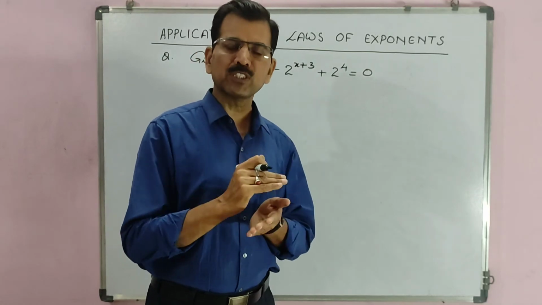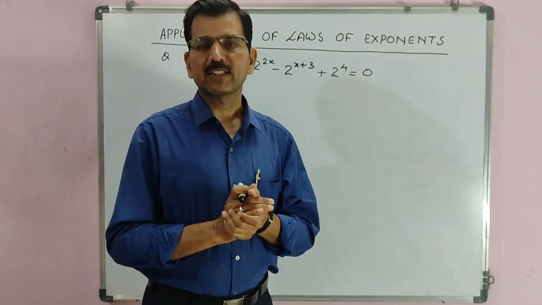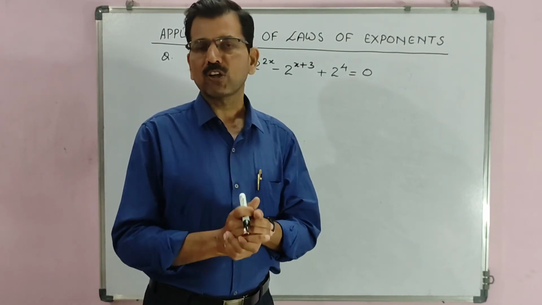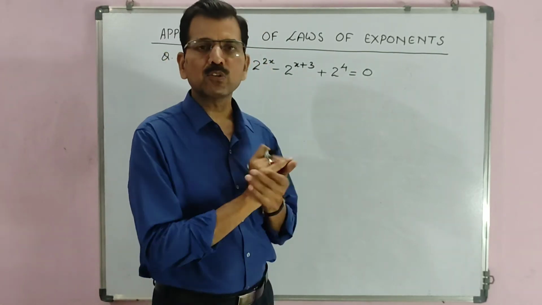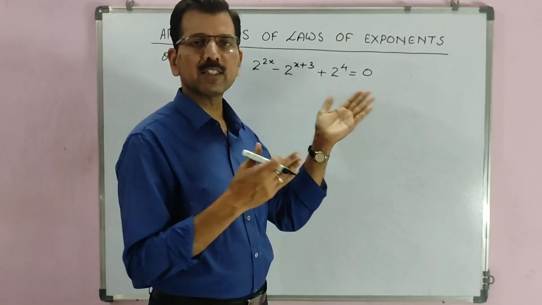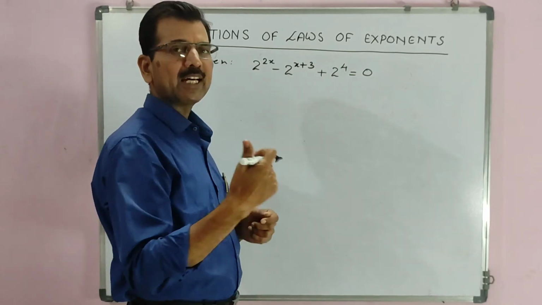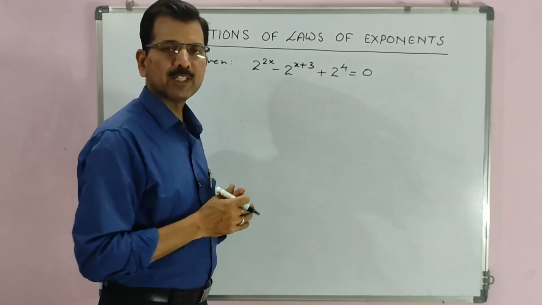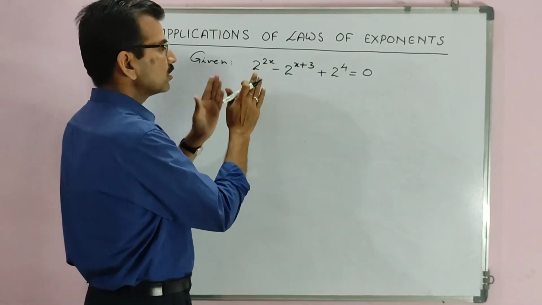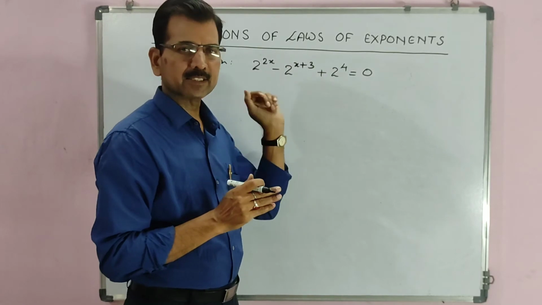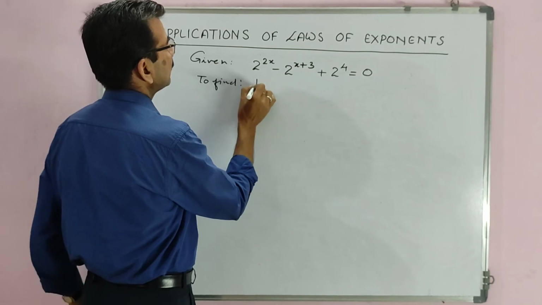If we compare the previous question what we have solved and now this question what we are solving, a little difference is there in that. Okay, the way of solving is also different. So just pay attention to this type of question. Once you understand, you can solve the similar type of question. Okay, so let us see how we are changing the form, with the help of the laws of exponent. So right here, this also given that find the value of x. Let us write to find the value of x.